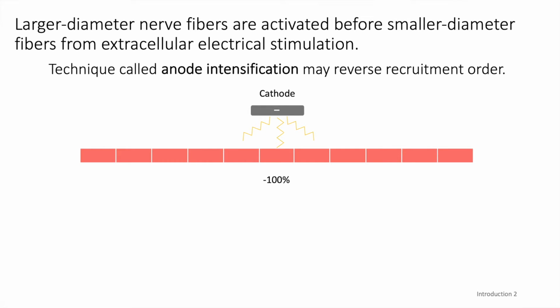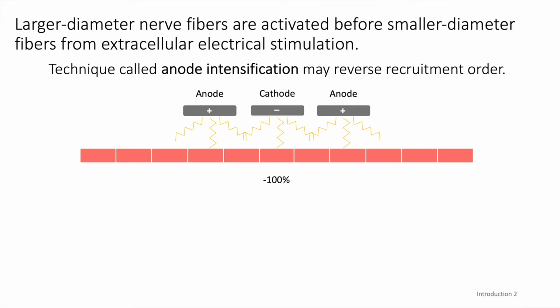And there are several techniques that have been explored in the past. One such technique is called anode intensification, and this is explored in a patent by Lee et al. And the essence of this concept is you apply anodic current in addition to cathodic current to try to reverse